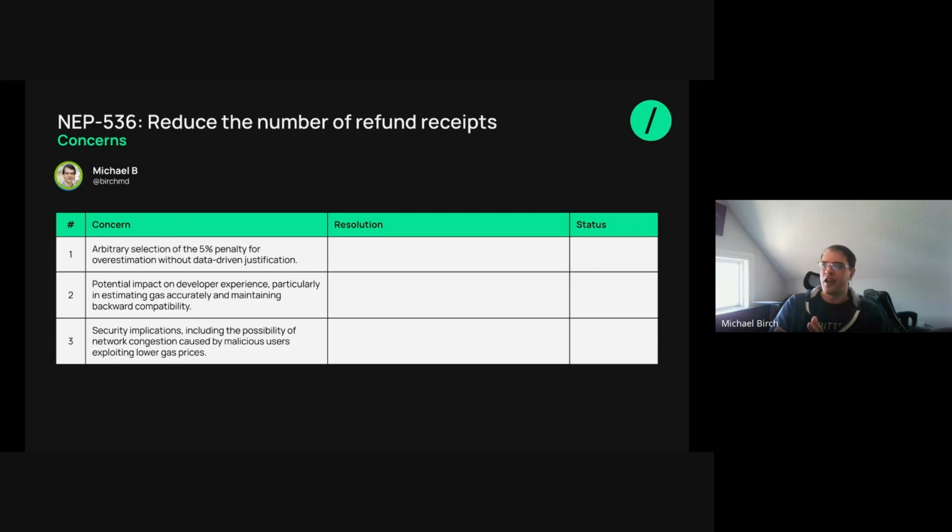It's not like on other networks where you have an easy RPC call to get the estimate gas for you, so you don't have to think about it too much. So it would be nice to see some tooling built up around this, because yes, we're happy about not overestimating the gas because of the efficiency, but we don't want to hurt the DevX experience too much. We don't want people paying for the overestimating costs unless we can give them the tools that they need to